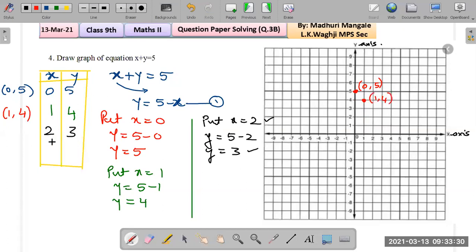And then the third point, that is 2 comma 3. x is 2, y is 3. This is the point. Correct. Again, no need to draw those dotted lines. Straight away begin at x equals to 2 and move 3 units up. This is the point. It is 2 comma 3. Okay. And what will be the next step? We join all the points. Correct. So joining all the points, that will give us the line.